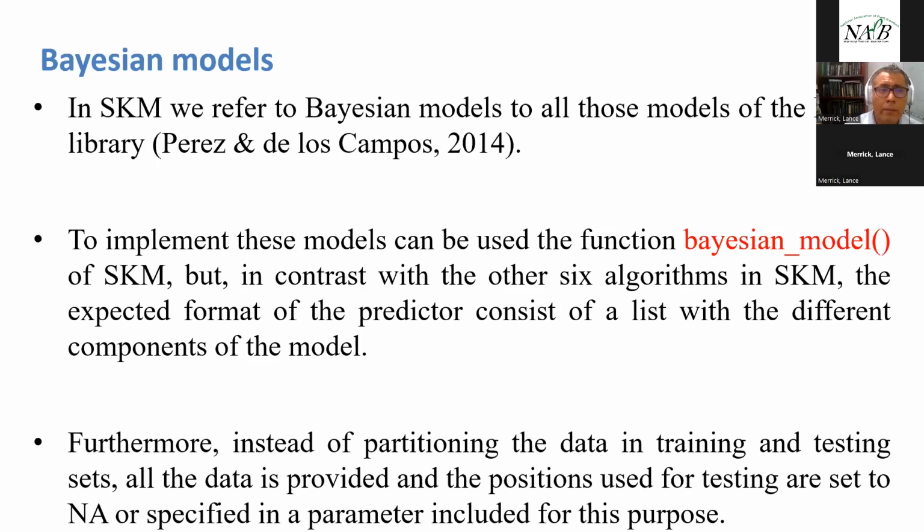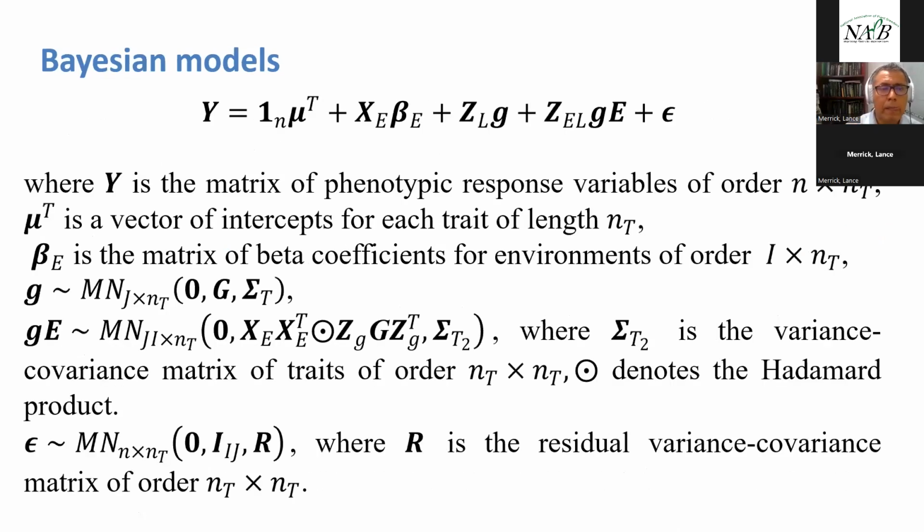Also, for implementing Bayesian models in the SKM library, for the training and testing set, you will use a data set of the same size as the original data set, but you need to put NAs for the testing set for the response variable. For example, assume that I want to train a model with this predictor in which I have intercept terms, the effect of environments, the effect of line, and the effect of genotype by environment interaction, where this is the distribution of